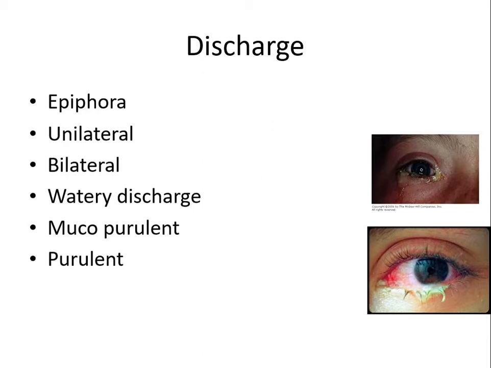And as I told you, I have to ascertain whether it is a watery discharge because of excessive lacrimation or pathological discharge, mucopurulent discharge or purulent discharge. So you can see the above picture, it is a mucopurulent discharge, whereas in the below picture you can see the frank greenish yellow pus coming out from the lower fornix and into the caruncle or medial canthus.